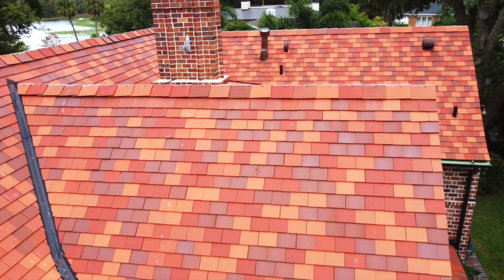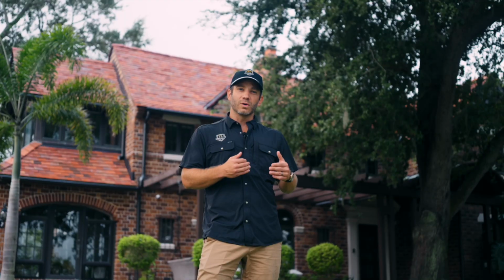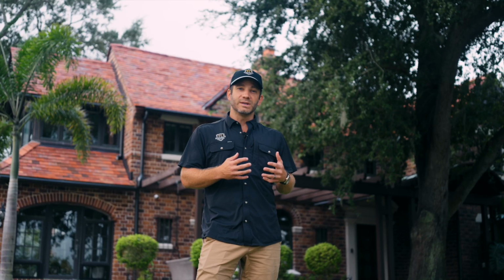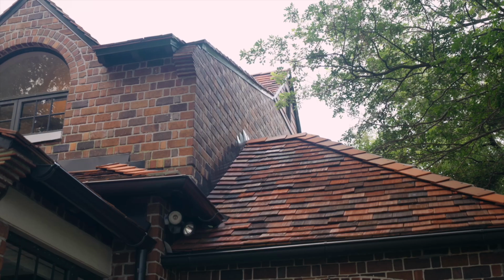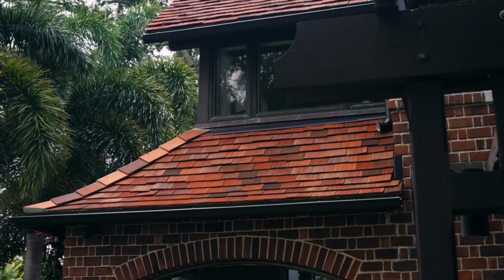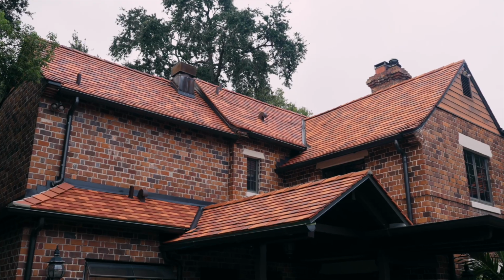It is a slate style product that is scored to look a little bit like a wood shake, but being a high-end Ludowici clay tile, it's not gonna warp, dissolve, crack, or break like a traditional shake would. So you get the look and feel of a shake product in that great terracotta clay product of Ludowici. And then you're able to get those terracotta orange clay hues and match what was up there on this